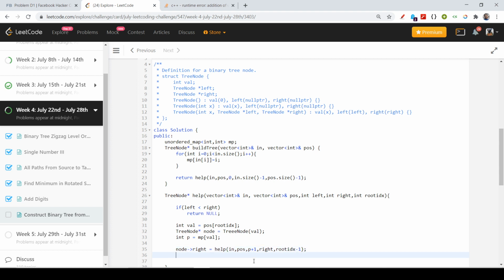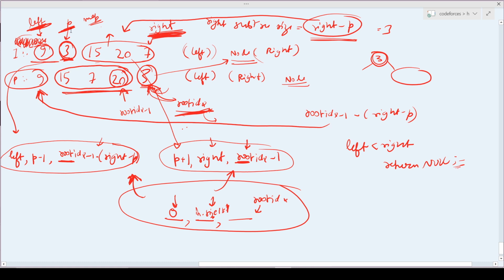And then I also need to call the left part, as you know that we call on the right and the left. So I will just do the same thing. The starting index would be left rather than p plus 1, because I am working on the left part now, but the right part will be p minus 1, because we are actually on this p. So we will make a function call to left to p minus 1 and p plus 1 to right.